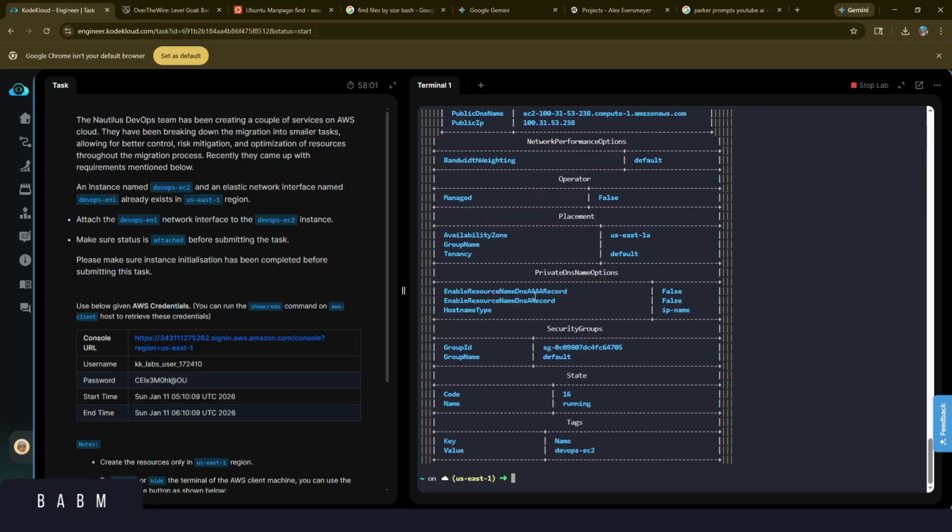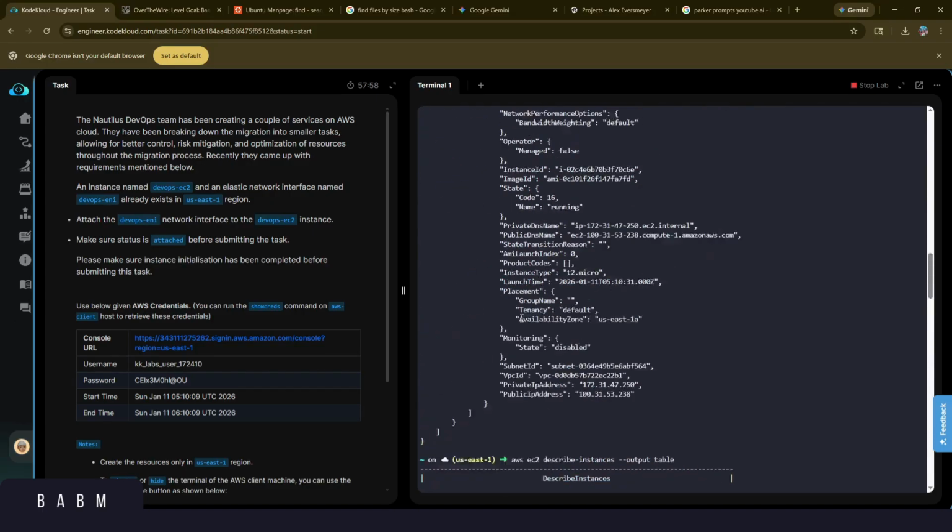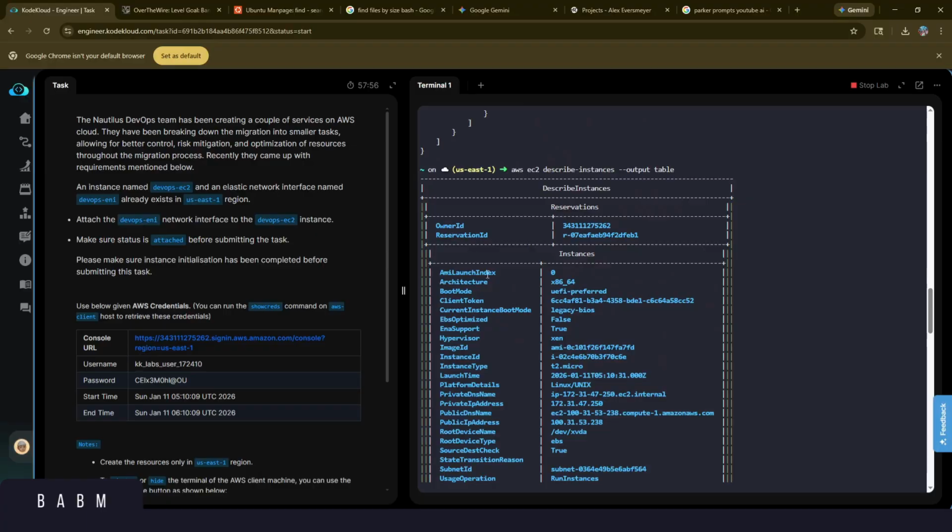It's easier to find stuff for me. So what I want to know is reservation ID and